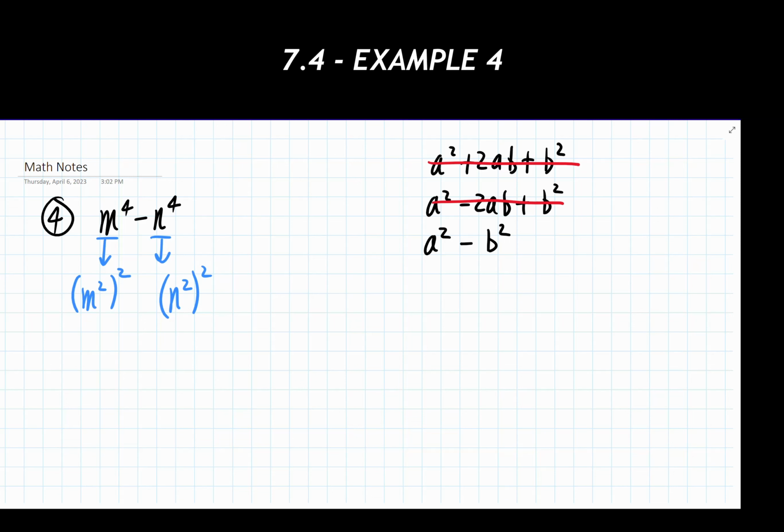And this is where a lot of these tend to be a little bit trickier in identifying them. But again, it's worth the pause, taking some time to think on this, maybe do some rewriting like we just did right here to fully identify and see, hey, yeah, I can actually rewrite this thing, and turns out I do have the difference of squares. Perfect. Well, let's rewrite this thing then. So this is going to be written then as m squared plus n squared, and then m squared minus n squared.